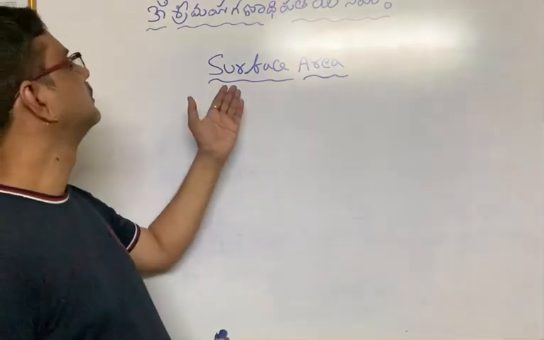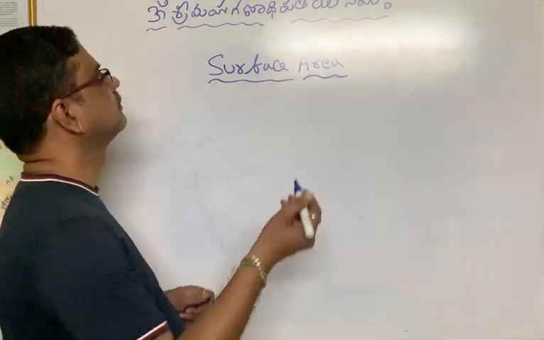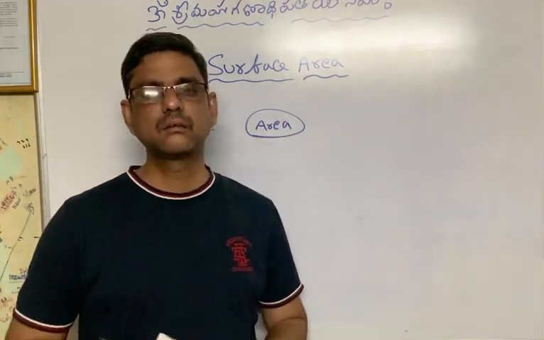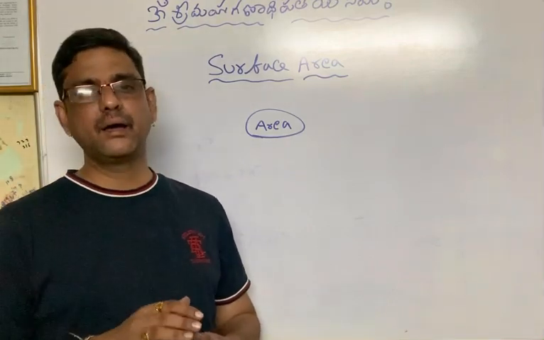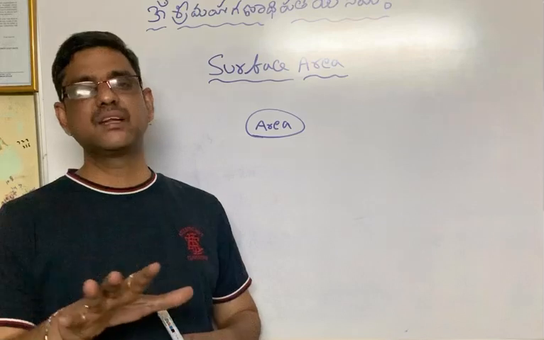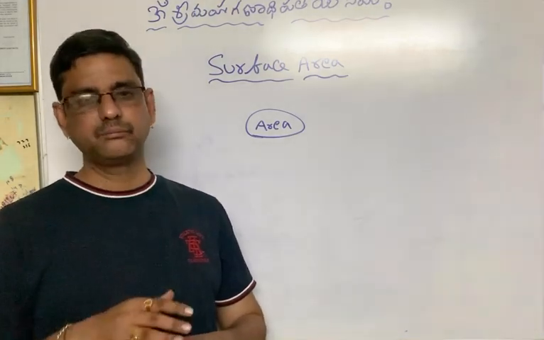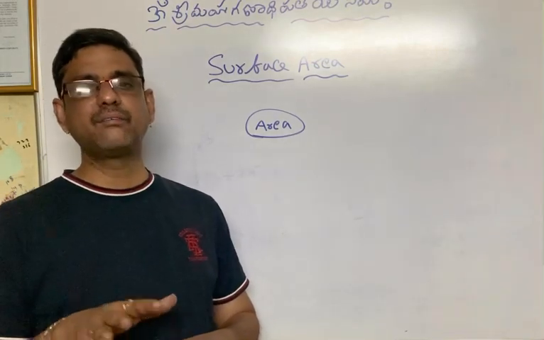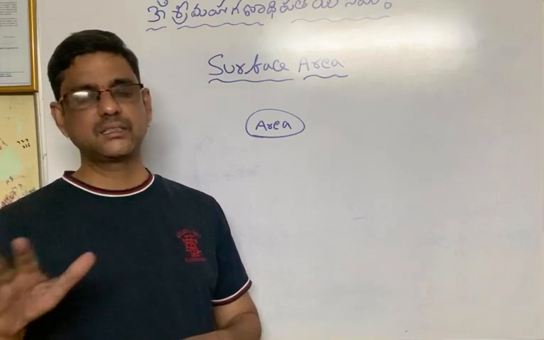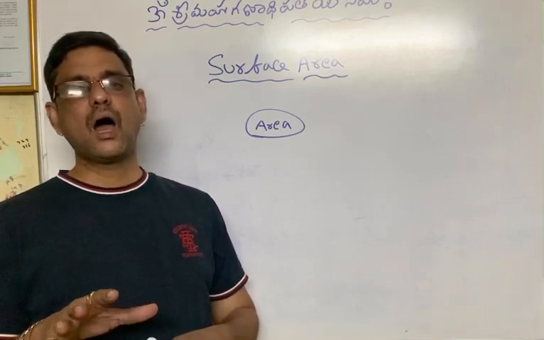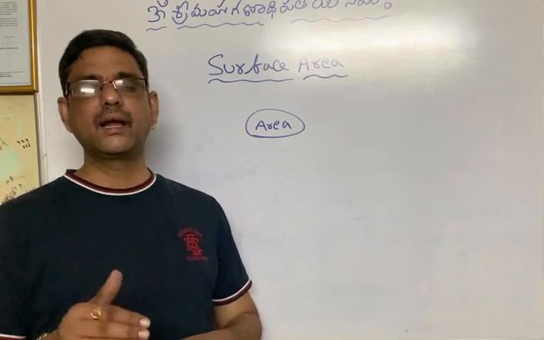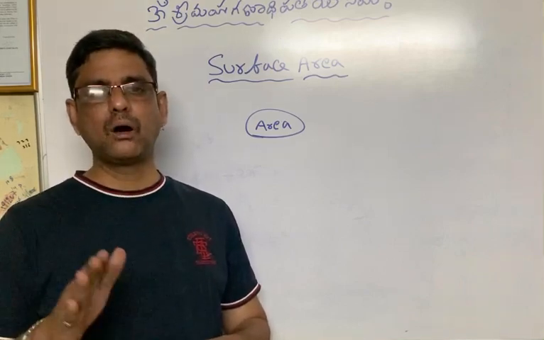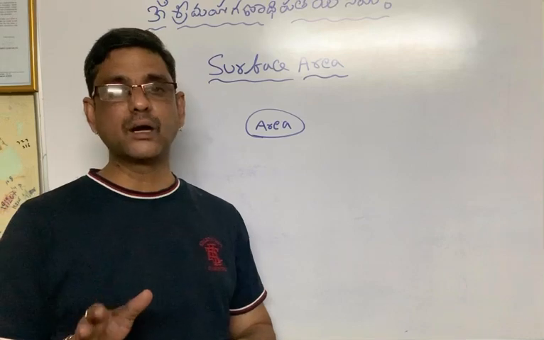First, let us know what is area first. Area is the place occupied by an object on a plane surface, which is called its area. Different shapes have different formulas to calculate their areas. After finding the area, we will get a number. So area is a positive real number. You have to understand that first.